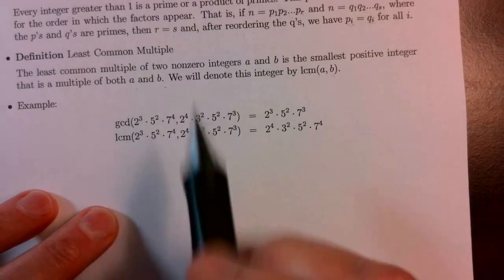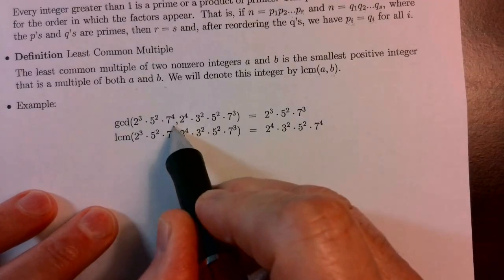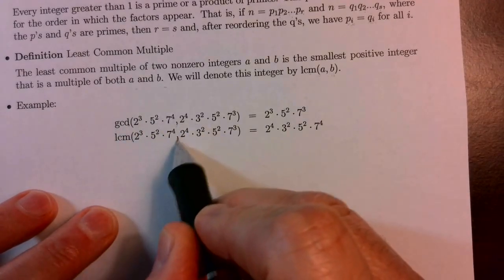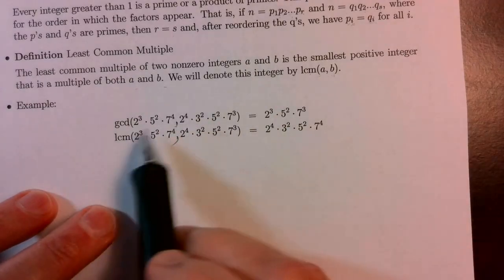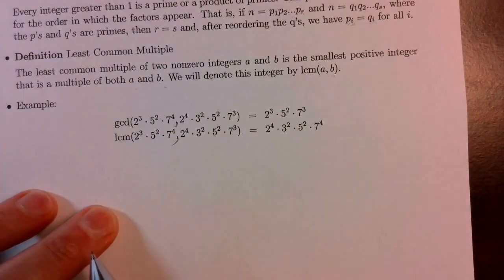So if we want to find the GCD and the LCM of two numbers, we first write them as a product of prime powers,